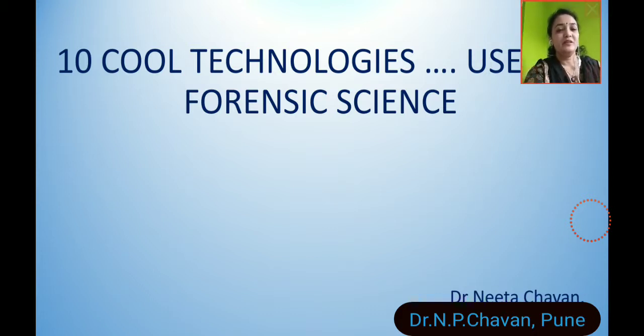Today we are going to see some different topics like 10 cool technologies used in forensic science. Regularly we used to see, from the academic point of view, different topics like codes, injuries, then the investigations, also the medico-legal autopsy, etc., along with toxicology, that is the different types of poison studies. So those poisons which get differentiated from each other by group of classification, their signs and symptoms, their postmortem appearance, their treatment, how they differ or how to differentiate them from each other, that we used to study regularly from an academic point of view.